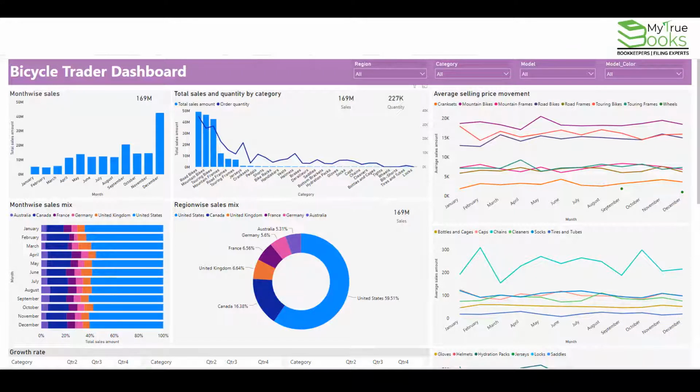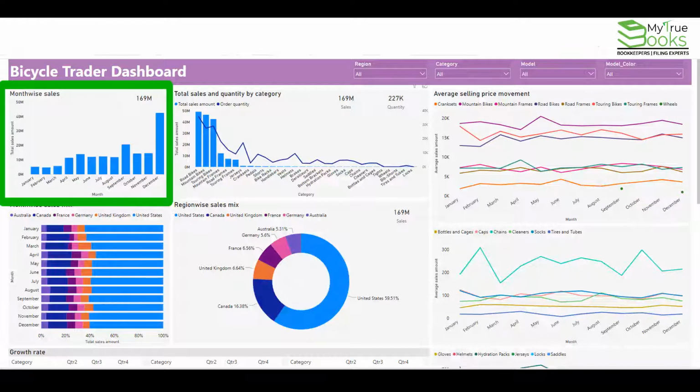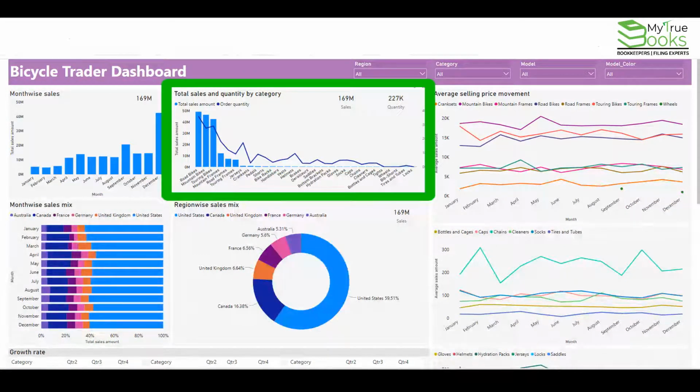This is a sneak peek about how our sales dashboard will look like. These are some illustrative live files, and the actual dashboard will be customized based on every client's needs. In this dashboard, the first bar on the left gives monthly sales breakdown. The second bar shows product wise sales in INR, and the line chart represents product wise quantity sold.